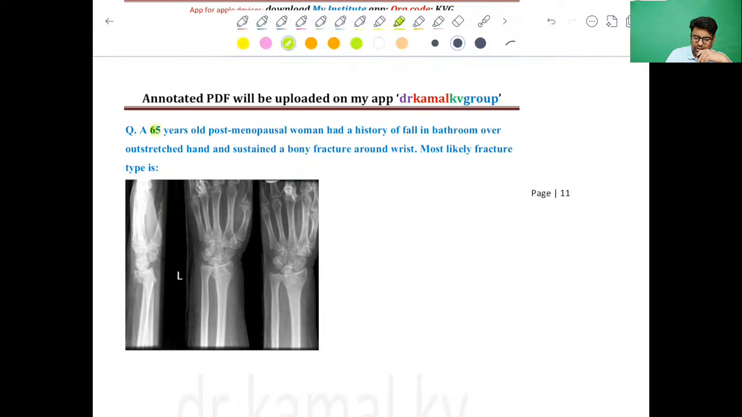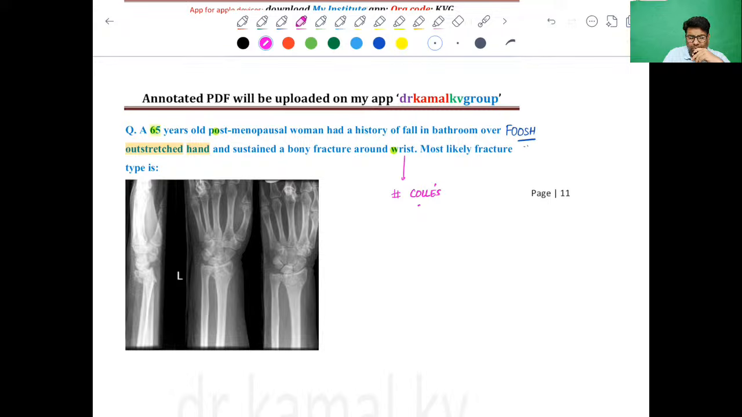An elderly post-menopausal lady had a history of fall in the bathroom. Again, this is a FOOSH injury, that is fall on outstretched hand. And then she had a fracture around the wrist, most likely type of fracture. Now here in this x-ray, we can mark out the fracture, and even if there is no x-ray, looking at the case history, we can directly say that this must be a case of fracture Colles,